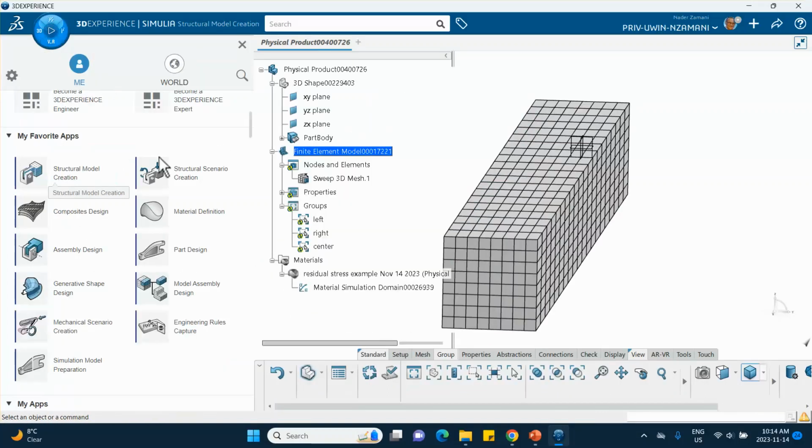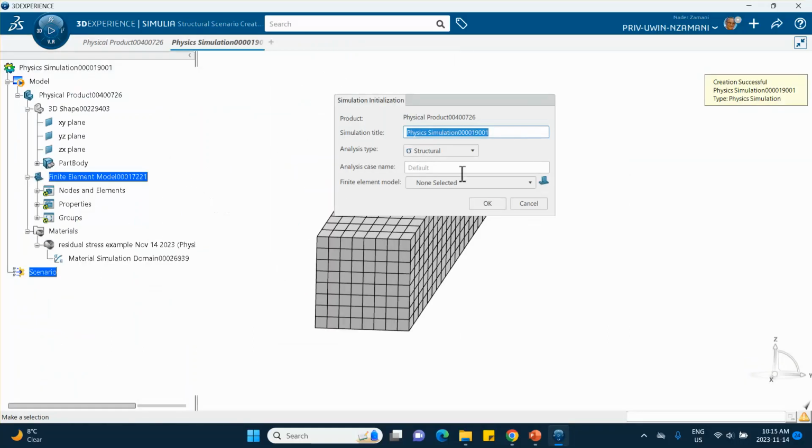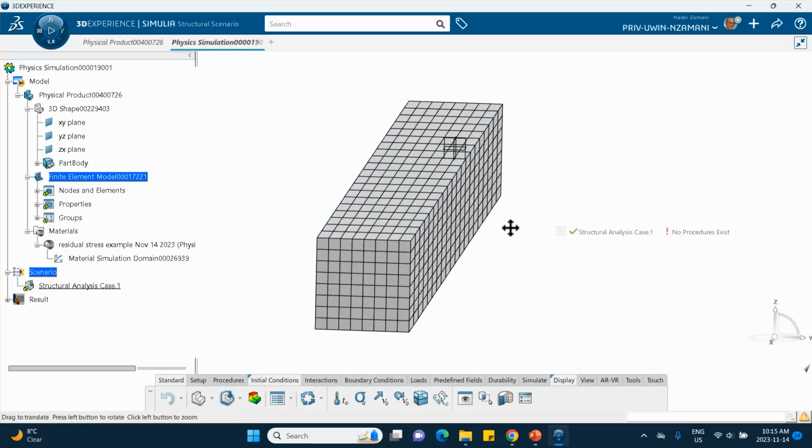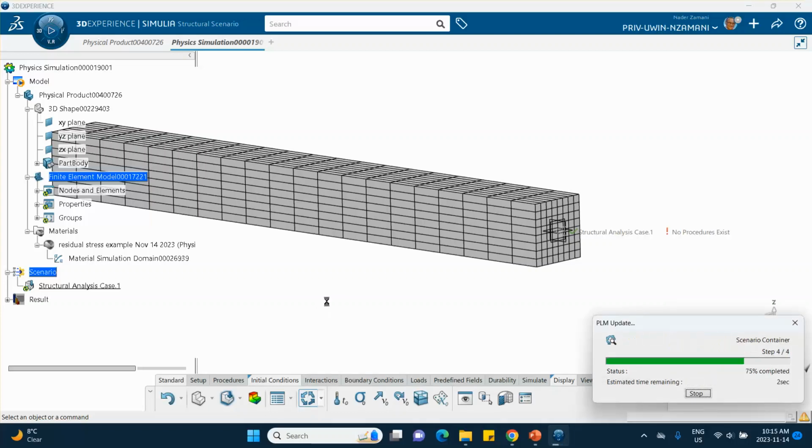Now we're going to go to the structure model scenario, structural scenario creation, or you can go to mechanical scenario creation. Because I'm going to do a static problem. It doesn't matter. You can do it in either one of these. So let me go to structural scenario creation. We are doing a static structural analysis of this mesh that we created. Good. So here's the situation. We're going to clamp the end. Now, before I do that, let me update because sometimes you won't be able to select these groups and you will have to update. So, but let me update this so that the groups,